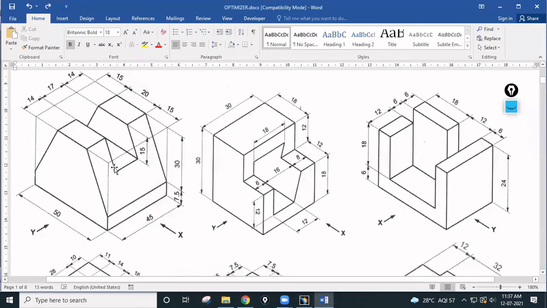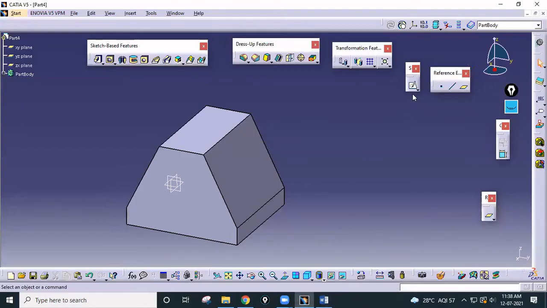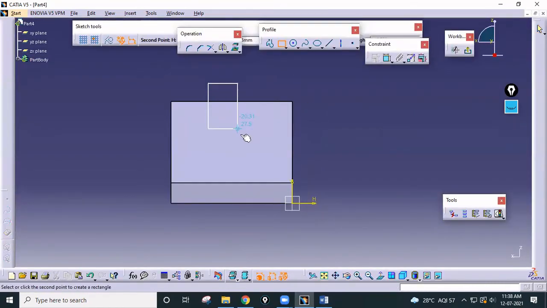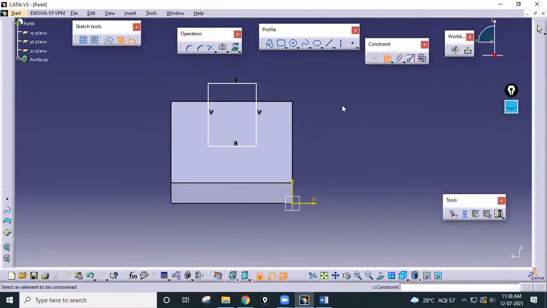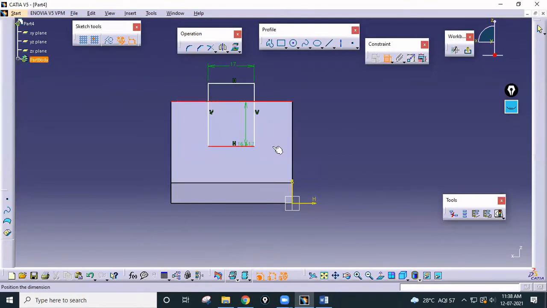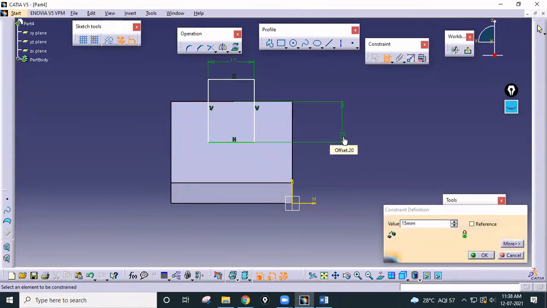Now second part is, you have to cut this rectangular portion from this, which has a 15 mm depth and 17 mm width. Okay, so just go to sketch, select this face, and now you can just give the dimensions. This is 17. From this edge it is 15.